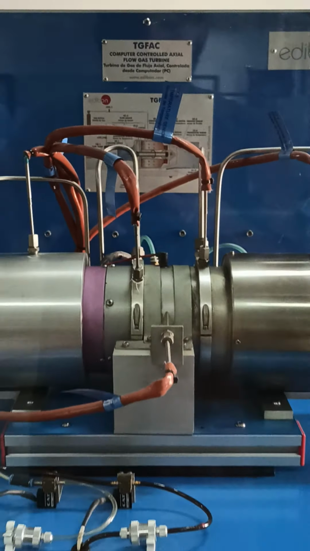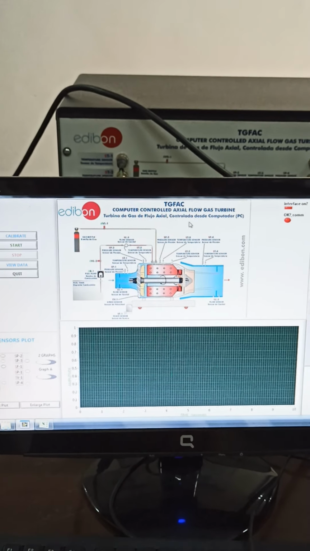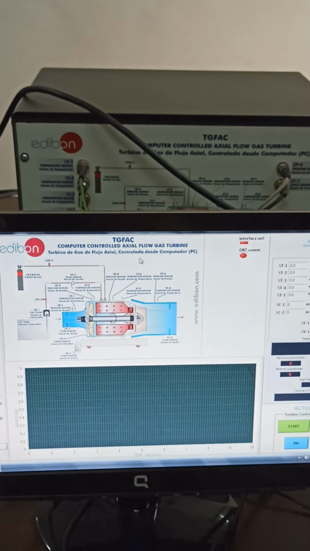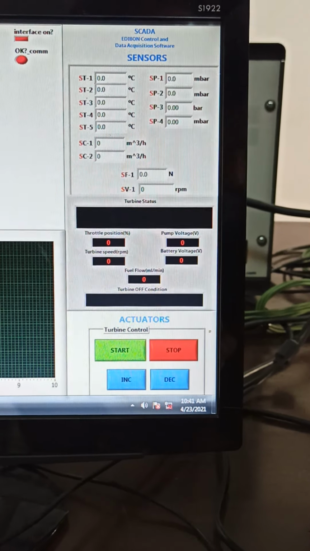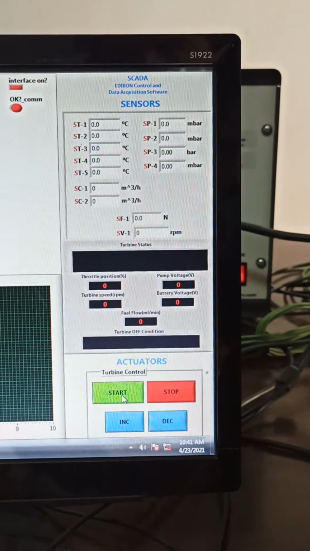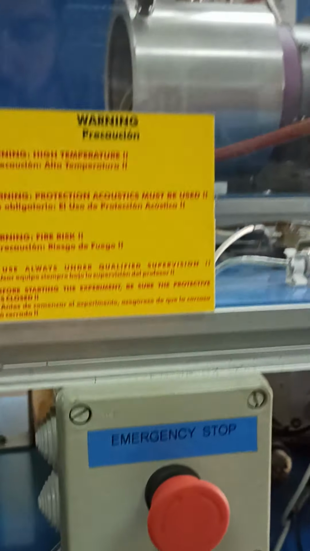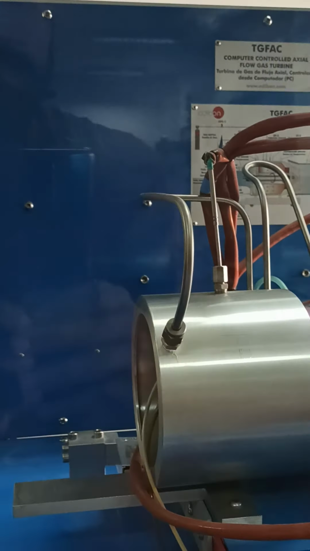Okay, so using this particular app and the control unit which is behind it, what we normally do is run it as start. Clicking the start button is going to start feeding the fuels that we have here to the channel axially.